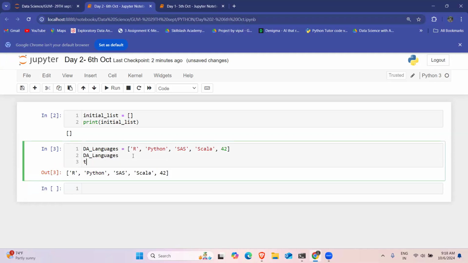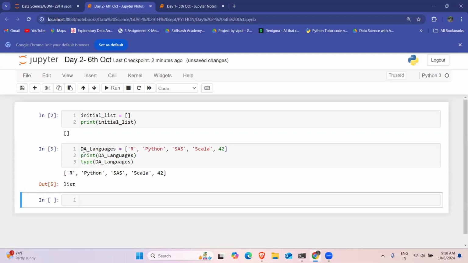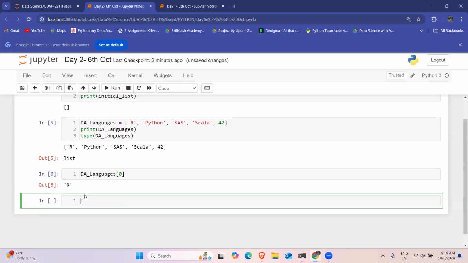And if you just check type of this DA underscore languages, so it's a list, right? So in this way, you can print the list that you have created over there, right? Now, the next thing, as we have discussed, we can access the elements in a list by using indices. So for an example, suppose if I write down DA underscore languages, square bracket 0, I'm going to get the first element over there, which is